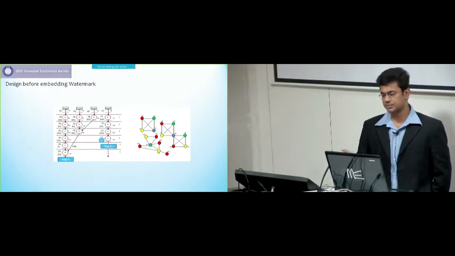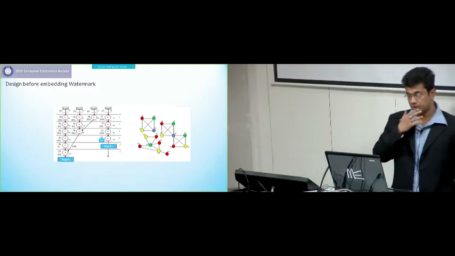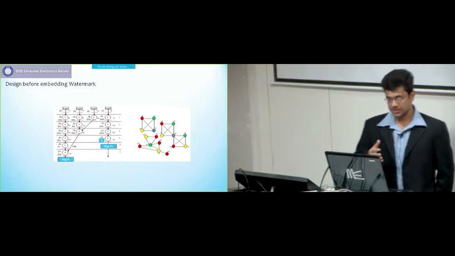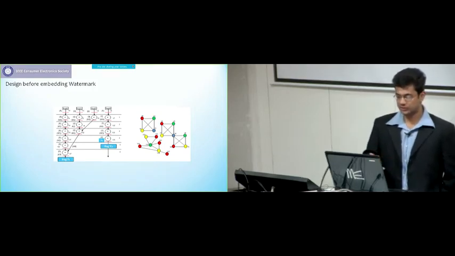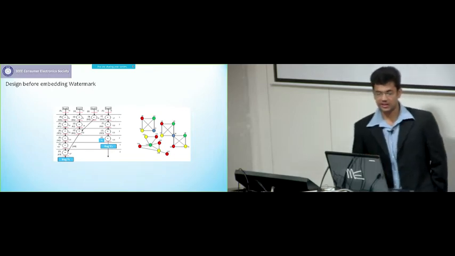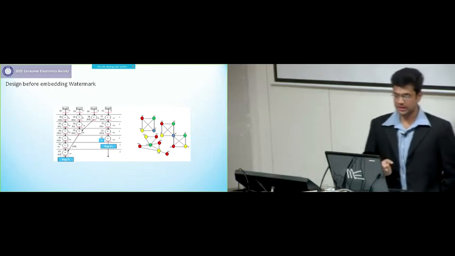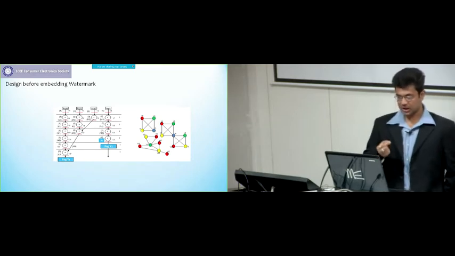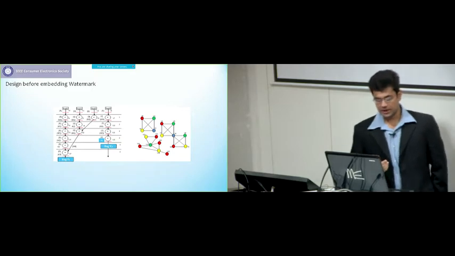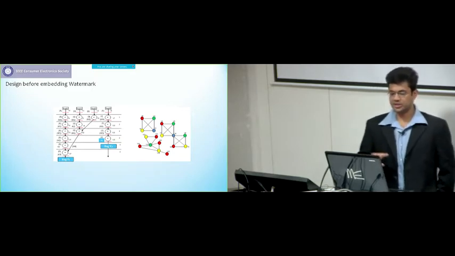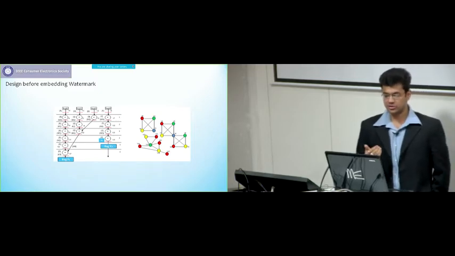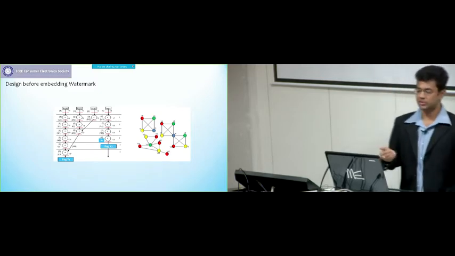So, let me give you an example. Let us imagine before a watermark is inserted or implanted onto a design, we have a DSP behavioral description in the form of a data flow graph shown in the example, where the vertical red lines indicate the storage variables of the register indicated by notations R, G, B and Y, indicating red, green, blue and yellow, and the nodes are indicating the operations allocated to respective functional units or resources indicated by M1, M2, M3, M4,